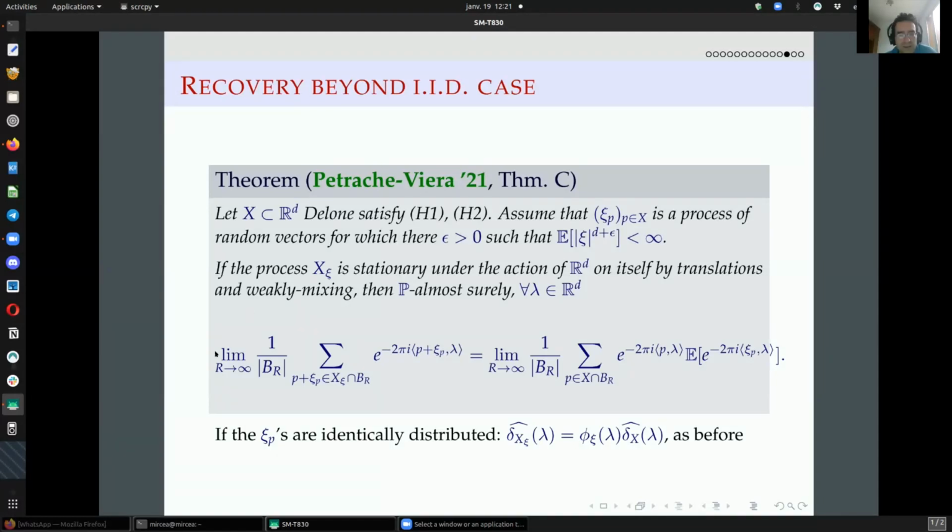Here, if I take the Fourier transform of the perturbed set, this is decomposing. It has been written in an opposite order, but it's just my fault. I should have written it in the same order as in the other results. I have to write it in this order because here I am not assuming that they are independent, and I don't assume that they are identically distributed.